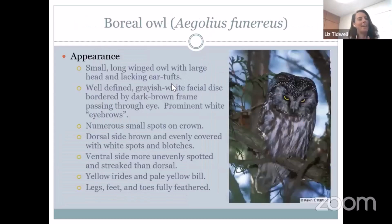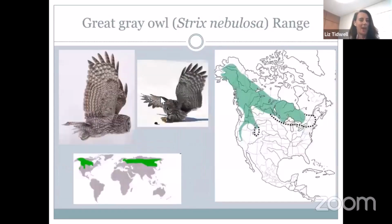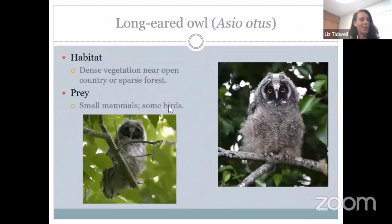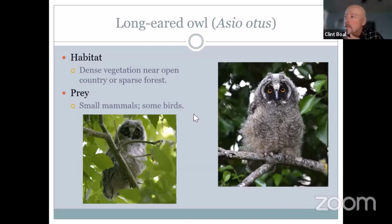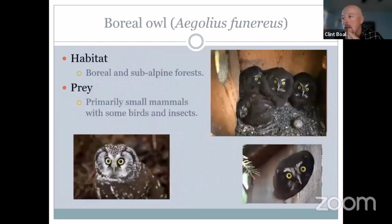I hate to ask this question, but if you had to pick a favorite owl, what would it be? Well, it's tough because I like them all. I especially like the elf owls because I worked with elf owls some over in Arizona when I was a grad student. But I think I would have to say,